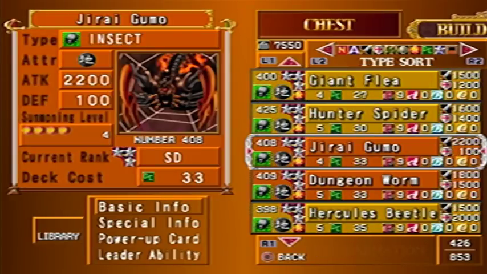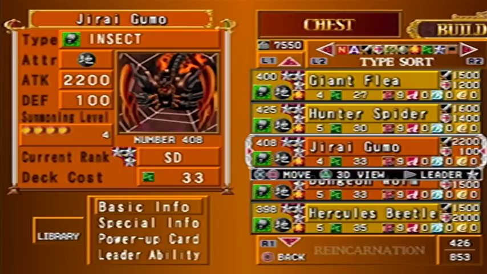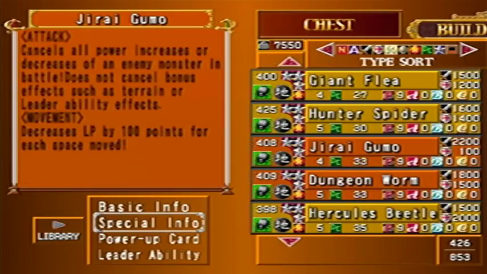Jiraigumo is another 3-in-a-row card. This card is really, really good, guys. Four summoning stars for 2200 attack is just nuts. And if you put an equip or 2 on this, it can take on anything. You put 2 equips on this and it can kill a Blue Eyes as long as it's not on Mountain. Purely because this card also cancels the enemy's attack